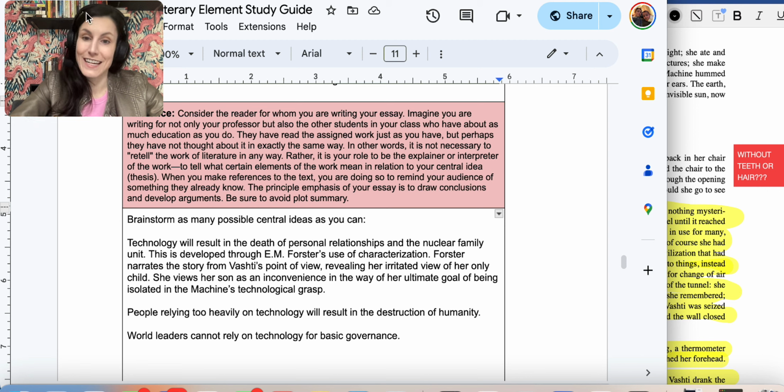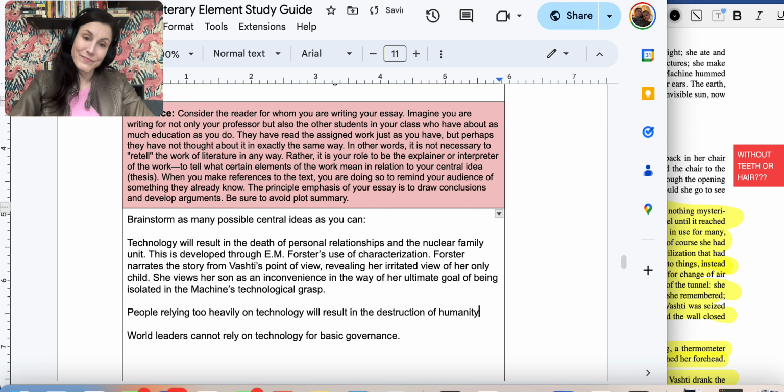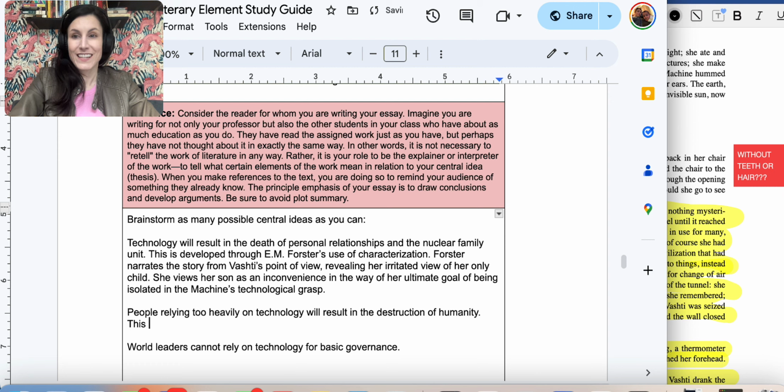But if this was a full essay, right, you would expand these. So your introduction would give a little background of the story. We'll do that. All right, hold on. So, yeah. People relying too heavily on technology will result in the destruction of humanity. All right. And then I would say this central idea is developed through the author's use of, we can say, setting, because